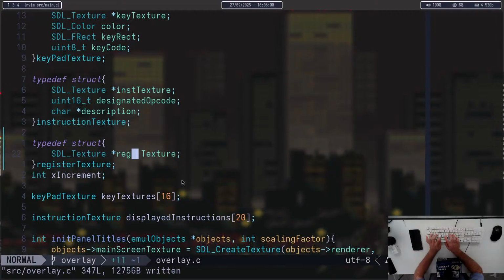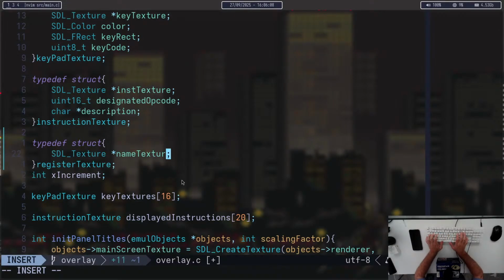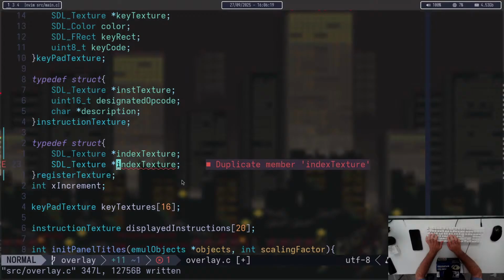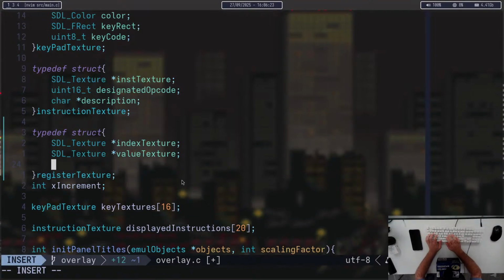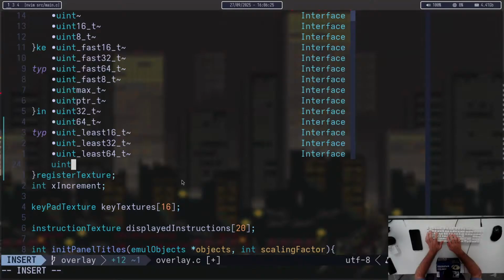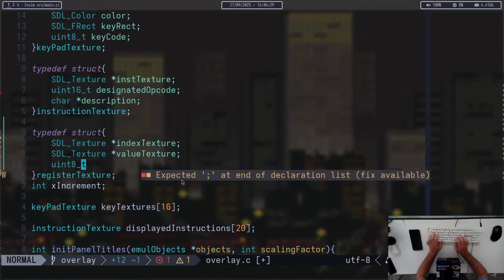So wait, I should have first a texture called, I guess, the name texture, or more like the index texture. Then this could be the value texture. And then I could have something like uint8, because